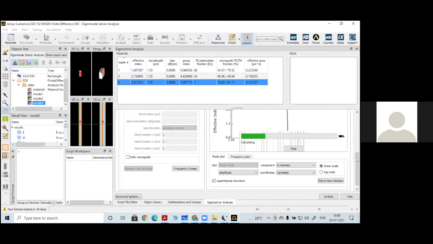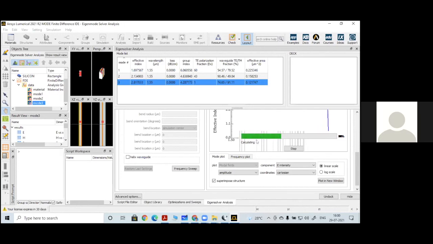Why we need this frequency analysis is we want to know the behavior of the waveguide for the complete wavelength range. So I want this waveguide to be simulated for the entire C band from 1.53 up to 1.58. Then I have to see at what wavelength it gives some optimum results or optimum sensitivity. In that case, I have to go for this frequency analysis. So you cannot run a simulation for 1.55, then 1.56, 1.57 like that. In this frequency sweep, we can give the starting wavelength and the ending wavelength.